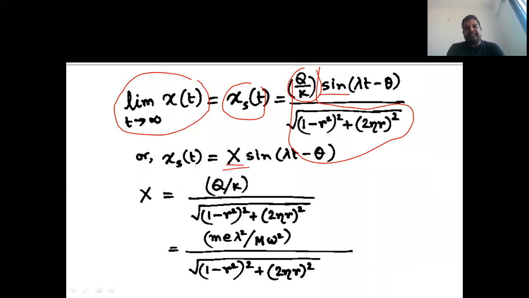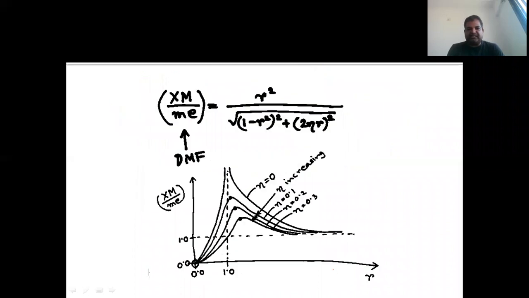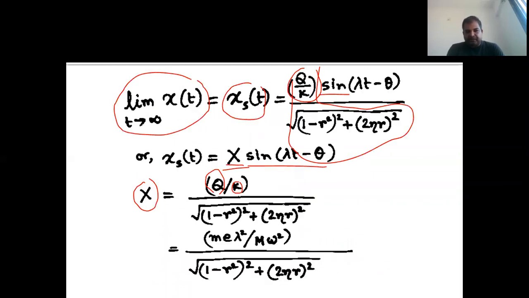So this value will be x s of t is equal to x sine lambda t minus theta, where the value of x is this, which is q by k upon under root of 1 minus r square whole square plus 2 eta r whole square. Now let us put the value of q back. So q is equal to m e lambda square upon capital M omega square, because k is nothing but M omega square, right? Capital M omega square upon under root of 1 minus r square whole square plus 2 eta r whole square, same way. Now if you multiply, if you see this lambda square by omega